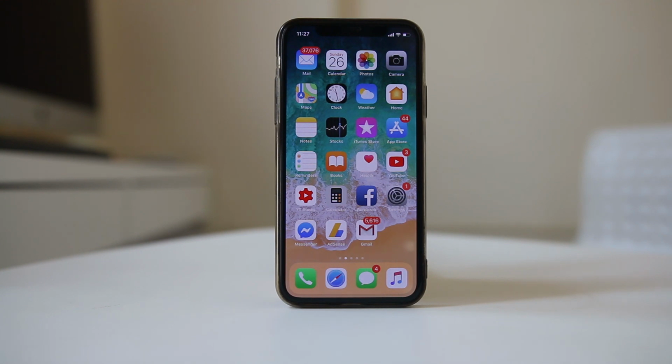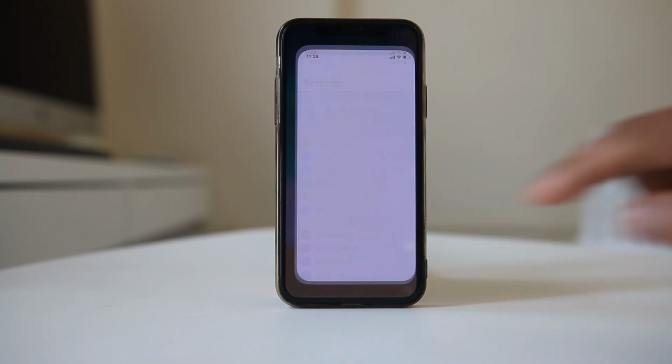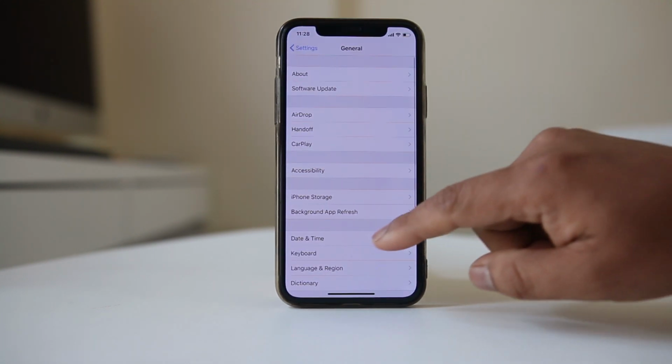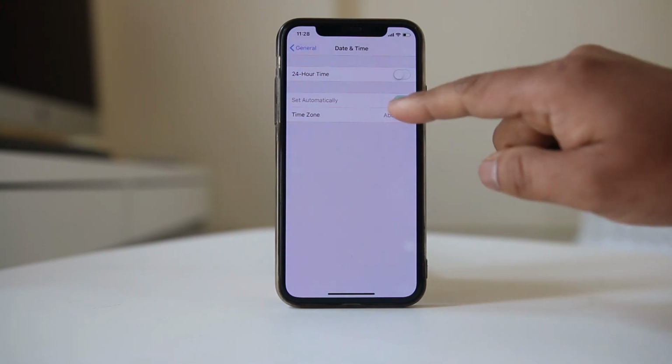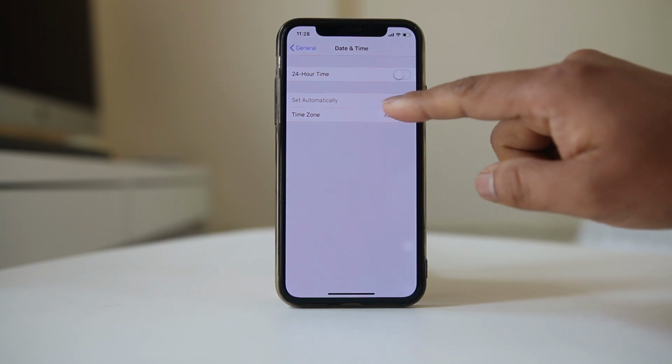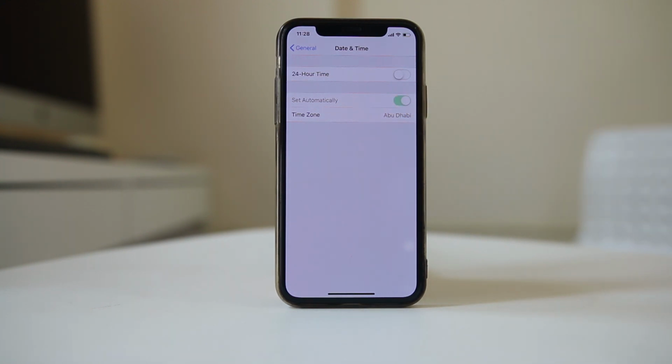If you cannot change date and time settings in iPhone manually, then let us see how to fix this issue. For example, if I go to settings here, if I go to general, date and time, you can see the time is set automatically and I can't change it. It is grayed out, that means it is disabled. So if you want to change it manually, then what you do is